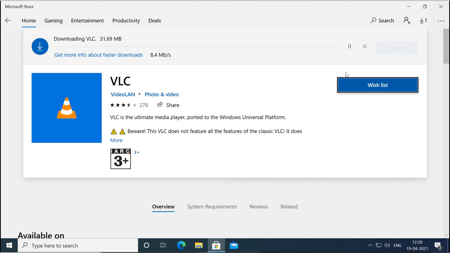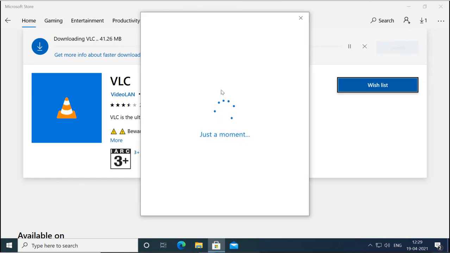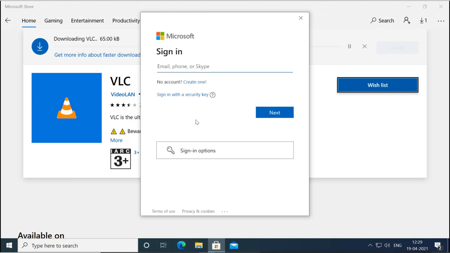Now if you want to make an account, you will go to this sign in option, and here you can sign in with your Microsoft account. Once you sign in with your Microsoft account, that means you're signing in to your Windows 10. After signing in, it will be used for your login also. So when you want to log into this machine, it will use the same account to log in.